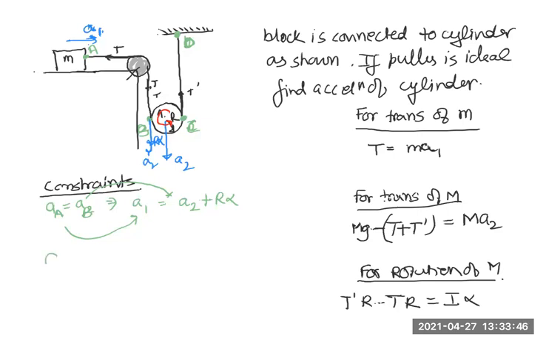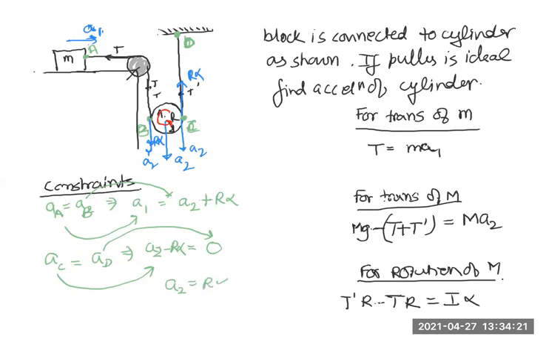Since acceleration of point C should be equal to acceleration of point E, and that is 0, which we know. Now what is the acceleration of point C? Due to translation it has to be A2 and due to rotation it has to be R alpha. So the acceleration here is A2 minus R alpha. So what is there to memorize? What you have to memorize is that A2 is equal to R alpha. This always comes up. And A1 is equal to A2 plus R alpha, which means A1 is equal to 2R alpha. Now I'll first tell you the shortcut, then I'll tell you how I got